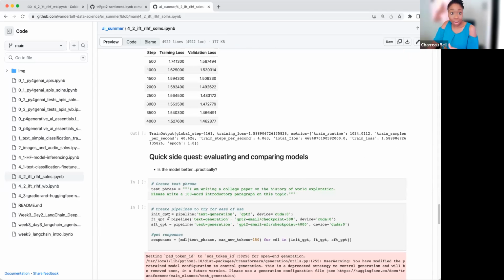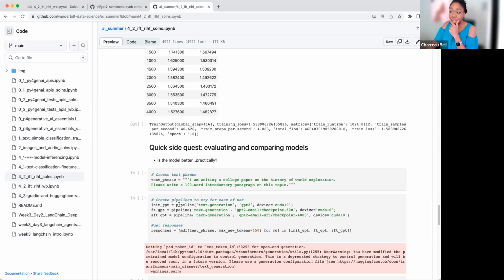So now we can use that same inference methodology that we had. Remember when we first started talking yesterday, if you wanted to do inference, what you did is you used a text generation or whatever kind of task pipeline that you wanted, and then you specified the model that you wanted to use. We can do that too. So we're going to create a pipeline for text generation. This looks just like it did yesterday, GPT-2, except we're going to specify that this is going onto a device. So this is our first GPT model that comes off the shelf.